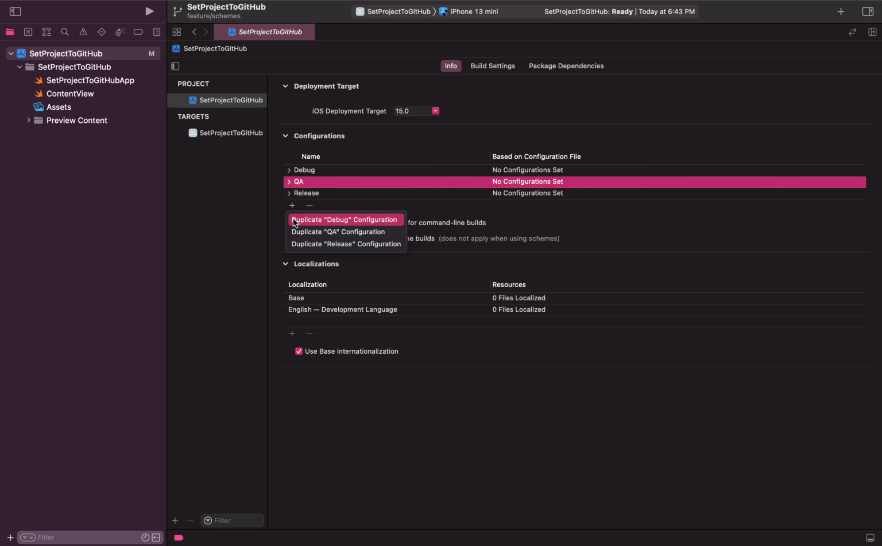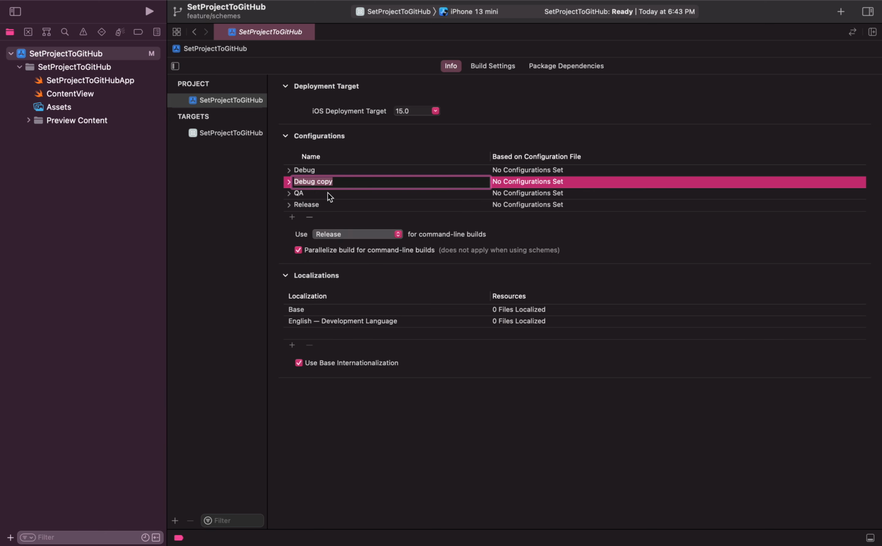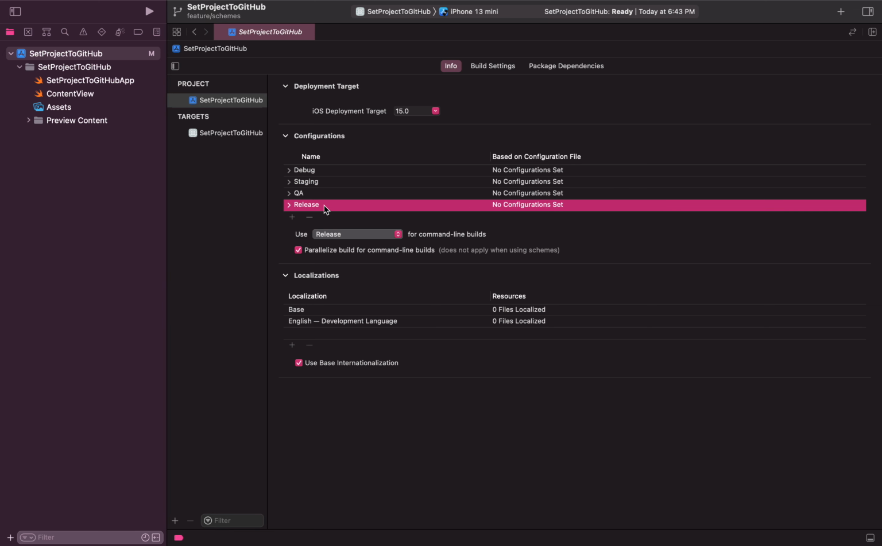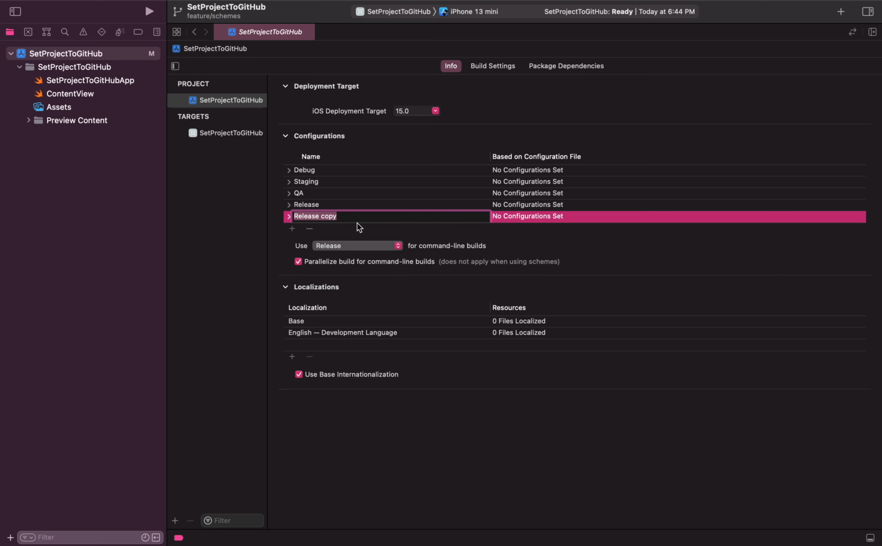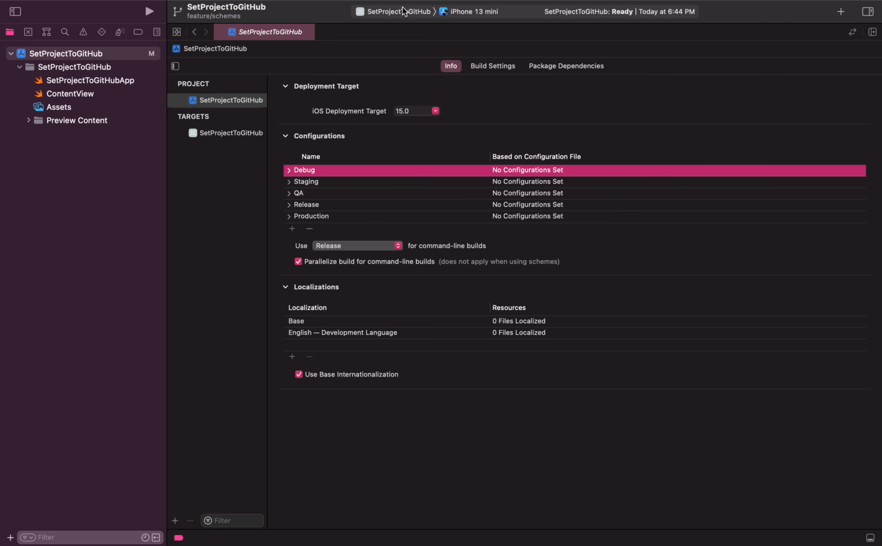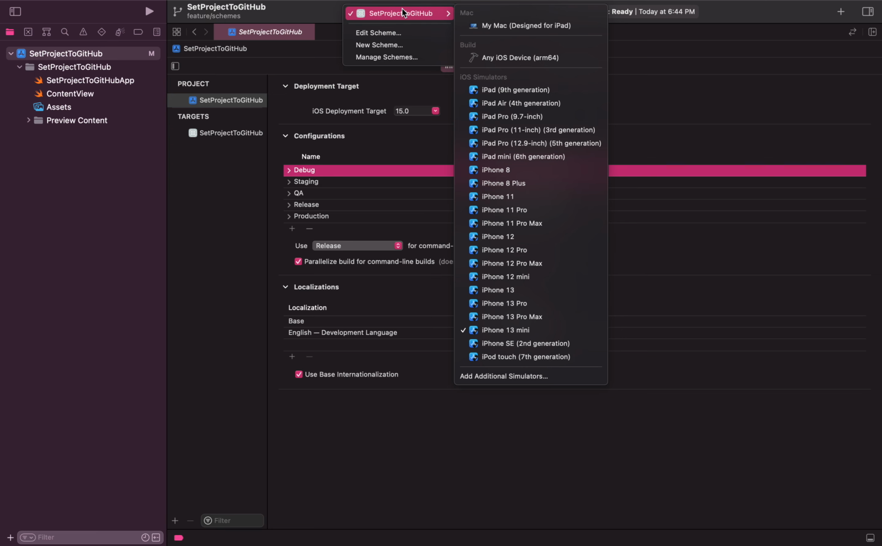And again click on duplicate debug configuration, and name this something like staging, press enter. And production is similar to release. So to create a production environment, just click on this plus icon and click on duplicate release configuration and give it a name like production, press enter. So now you have created multiple environments,